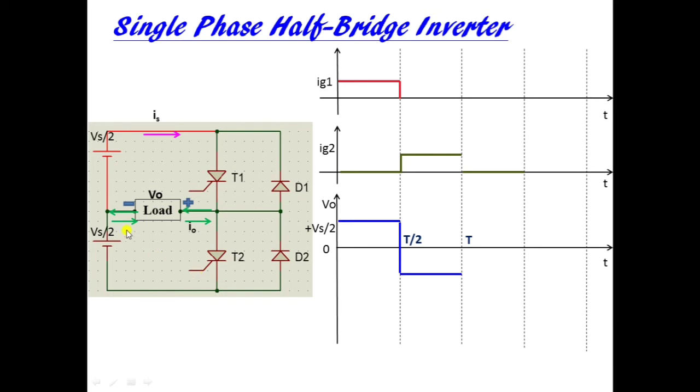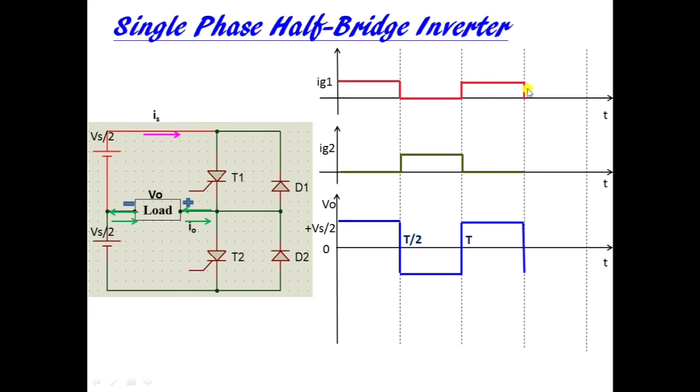Now here, from here the current will start flowing. Now the current is flowing in the opposite direction as compared to the earlier current. So the voltage drop across this output load, the output voltage, will now have opposite polarity, which is minus Vs by 2. That is why V0 has minus Vs by 2 magnitude. Then the current will complete its path like this. After this, during T to 3T by 2, again thyristor T1 is turned on by giving a gate trigger pulse at its gate terminal, and output voltage V0 is equal to plus Vs by 2, which is shown here.